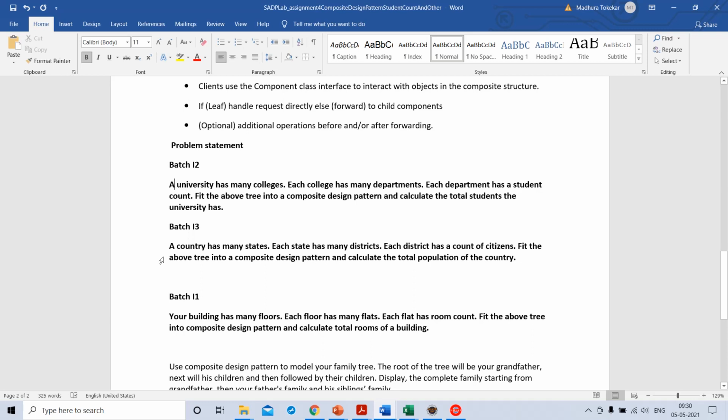For batch I3, it is a country has many states. Each state has many districts. Each district has a count of citizens. Fit the above tree into composite design pattern and calculate the total population of the country. Batch I3,